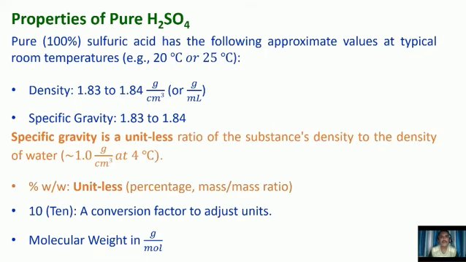This is coming from the 1000 ml, that is equal to 1 liter, and percent. When we are dealing with the calculation, then that 1000 and 100, after cancellation we are getting 10. That's why it is a conversion factor to adjust the units. And you can see that the molecular weight is in grams per ml. The molecular weight I have taken in grams per ml here.